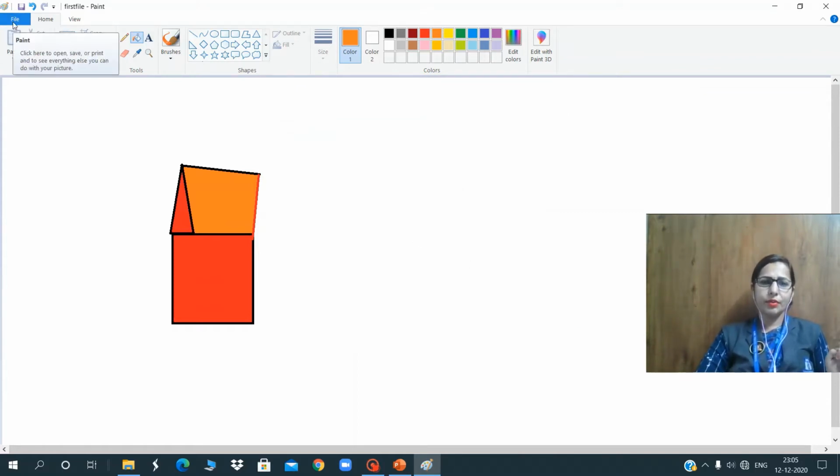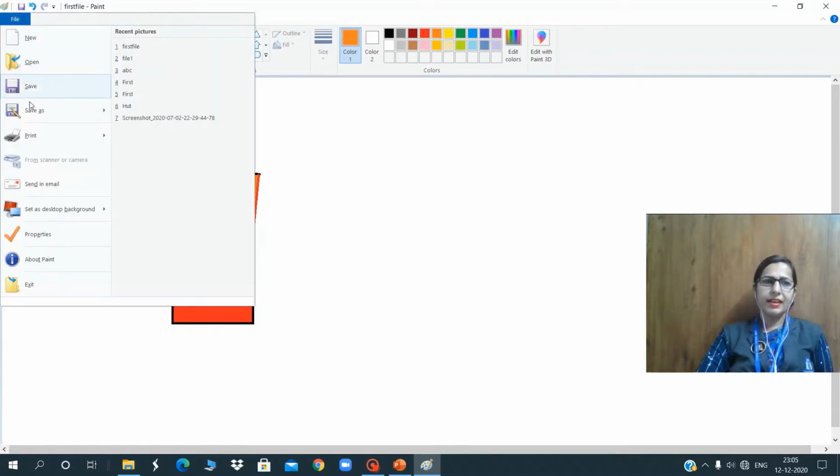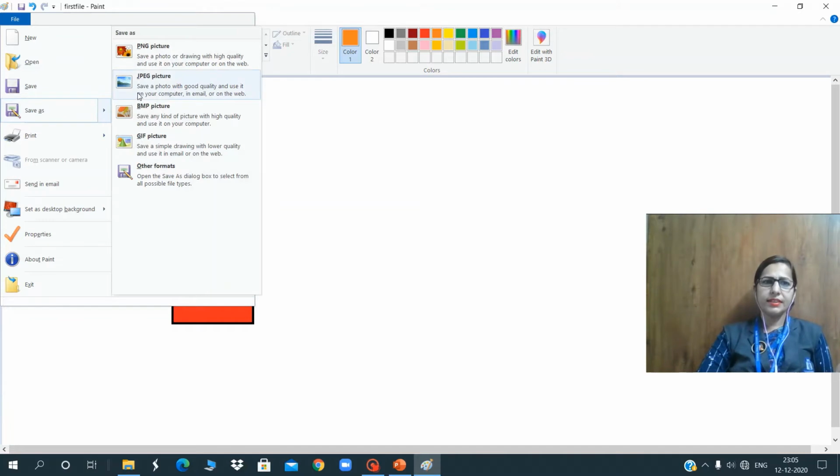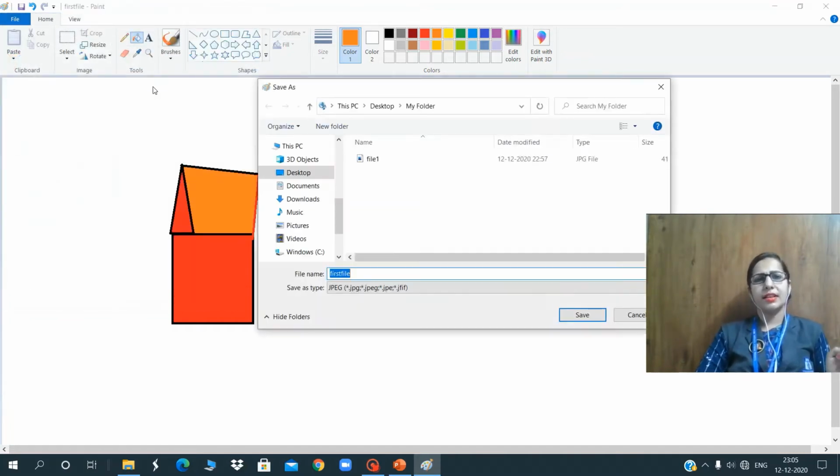See, I'm telling you again how we can create a file. Go to File and click on Save As, and click on JPG or PNG, select that and choose the location where you want to save it.